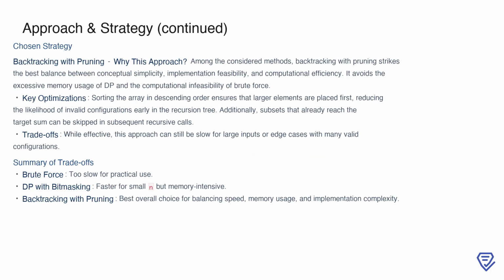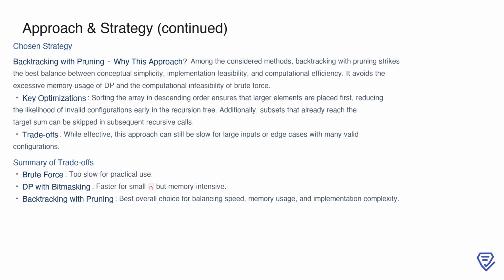Among the approaches considered, backtracking with pruning emerges as the most balanced solution. It combines conceptual simplicity, reasonable implementation complexity, and manageable computational efficiency. Unlike dynamic programming, it avoids the heavy memory usage associated with maintaining a large DP table. At the same time, it is far more practical than brute force, which is infeasible for all but the smallest